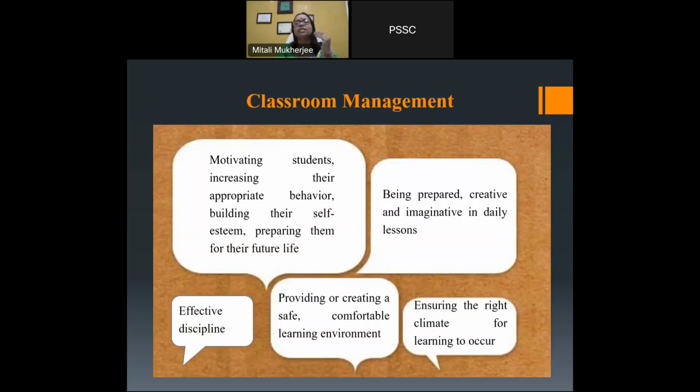Okay, now what is classroom management? Classroom management does not involve making the children sit properly in an organized way, saying sit down, don't talk. No, classroom management says motivate your students, bring them up to the appropriate behavior, self-esteem, and prepare them for the future life. Classroom management says that even if the child is giving a wrong answer, you have to motivate the